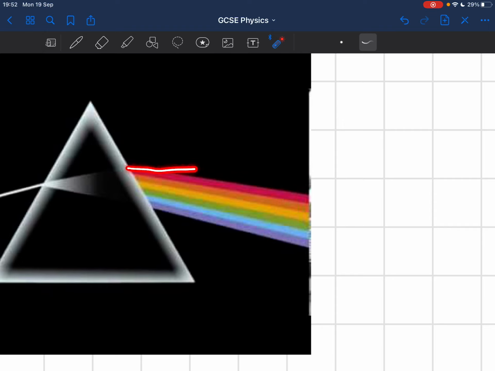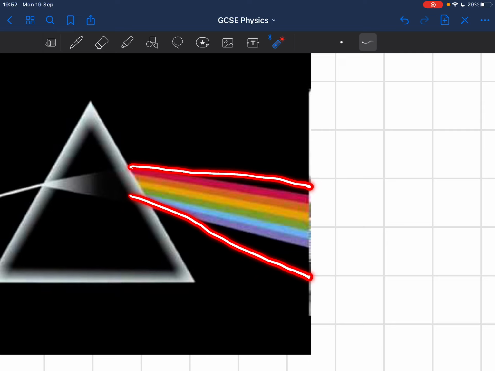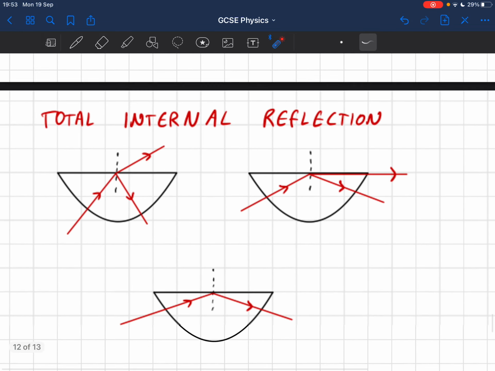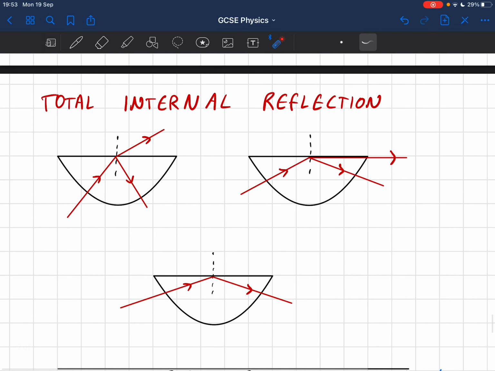So it really should look a little bit more dispersed. So the red might be out here, the purple or the violet might be out here for a better diagram. And that's essentially what's happening. It's all to do with the speeds of the different wavelengths and frequencies of light. So that is dispersion. Total internal reflection, which we were talking about a bit, happens whenever the light is no